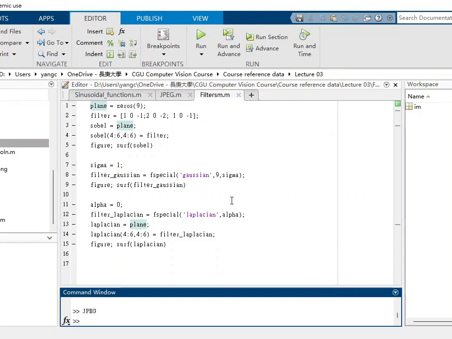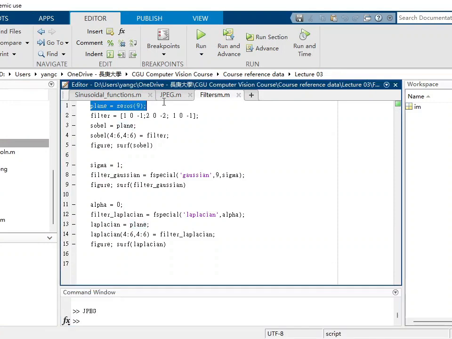Okay. The first line of the script creates a zero matrix with height 9 pixels and width 9 pixels. And then this is the Sobel filter I will use. Then I put the Sobel filter into the center of the matrix. The figure command will create a new window. And the surf Sobel means use the surf function to create the shape of the Sobel. Okay. So if we run our code from line 1 to line 7,